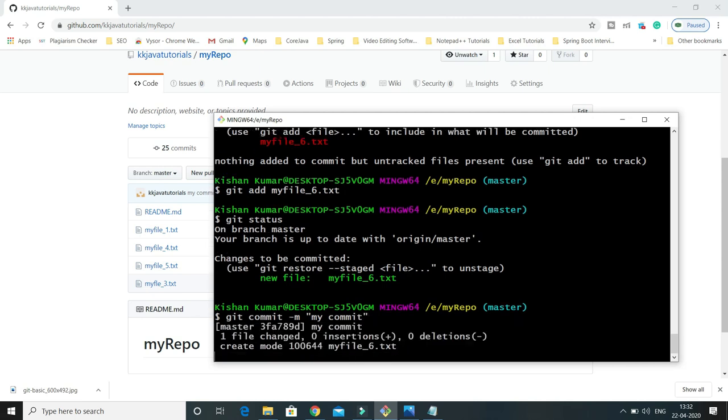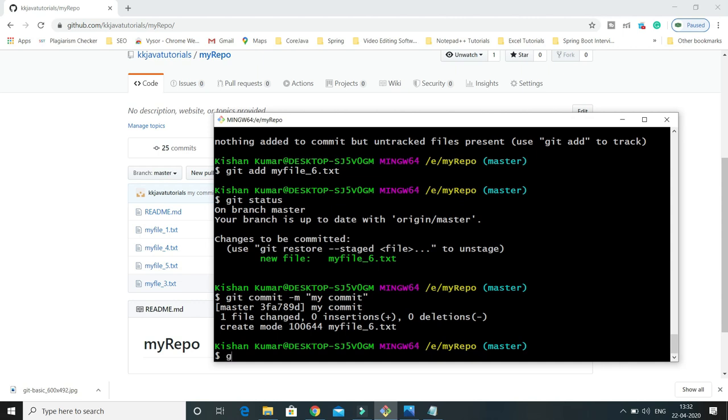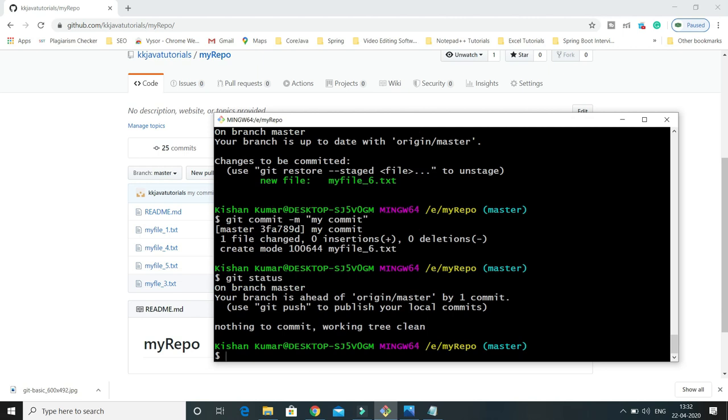And if I issue this command and then do git status, this is added in our local repository and we are ready to push to our remote repository. But before that, let's say by mistake you have given the wrong commit message and you want to edit it, then how can we do that?